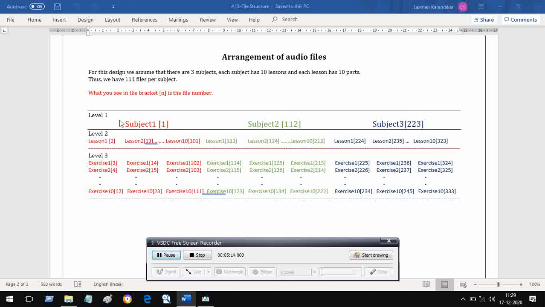So level 1 files are small, level 2 files are slightly bigger because you may add the name of the author and something about the author, like that. And level 3 is where you have the real content of the subject, and that makes it the real audio or the talking book.